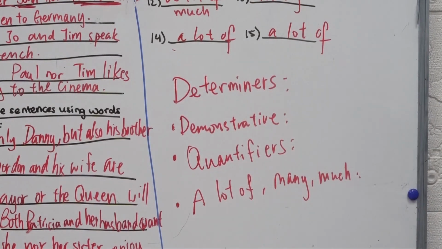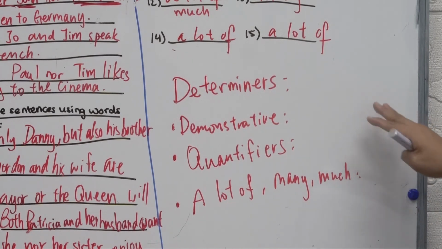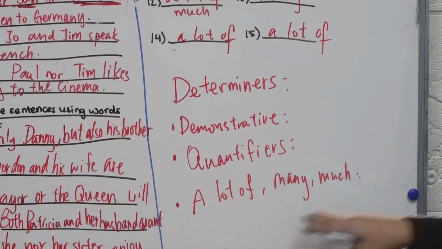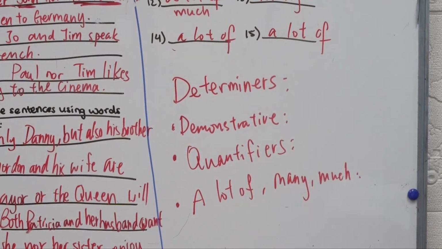And then next lesson, we will kind of play with it a little bit, right? So we will try to mix things up a little bit in sentences. And then we will also have what I talked about. So some, any, or no, right? So some, any, or no are similar to a lot of, many, much, or not a lot of, right? So try to, again, be familiar with these determiners, okay? All right? And then we will go back to it next week, and we will try to mix things up,